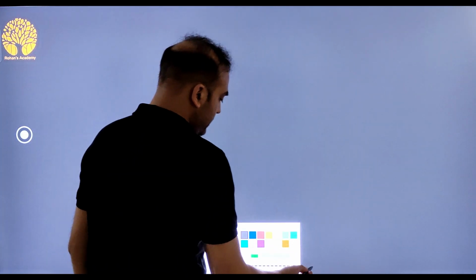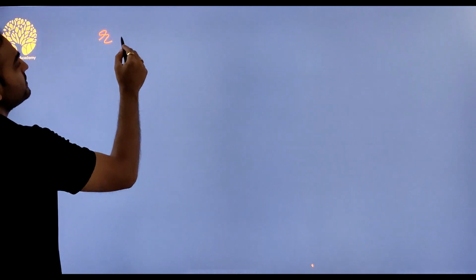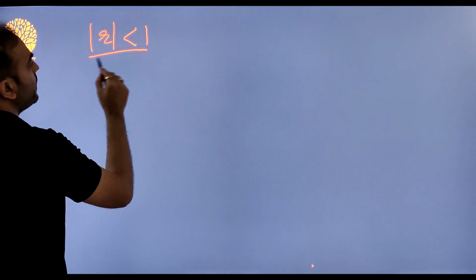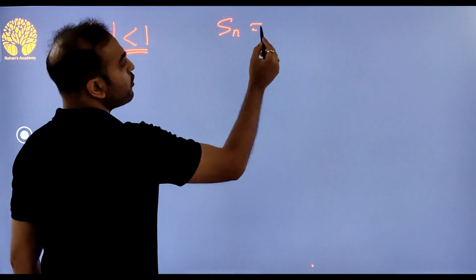Now interestingly, it is not necessary that in a GP I only multiply by a bigger value. I can also multiply by a fractional value. The way we had in arithmetic progression, you can add or subtract. Similarly here, why do you always multiply by an integer? You can multiply by a fraction, or in other words, divide by a number. So in such series, where r is less than 1, if you look at it, some formula will become